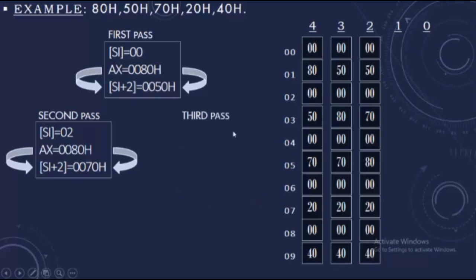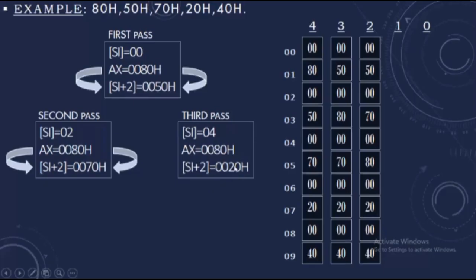Third pass, SI is equal to 4 because we have incremented SI. Then AX will be 80h again. In the fourth position, the value of AX is 80. SI plus 2, 4 plus 2, is the sixth position, where the value is 20. 80 is greater than 20, so the values are swapped again.